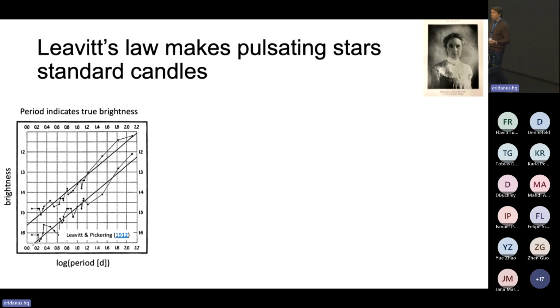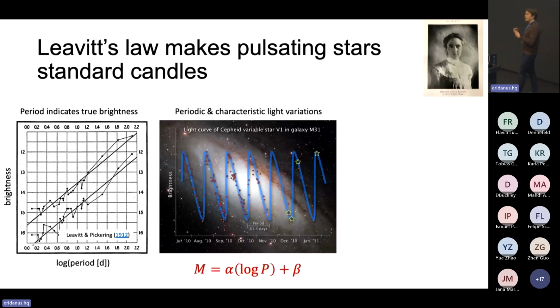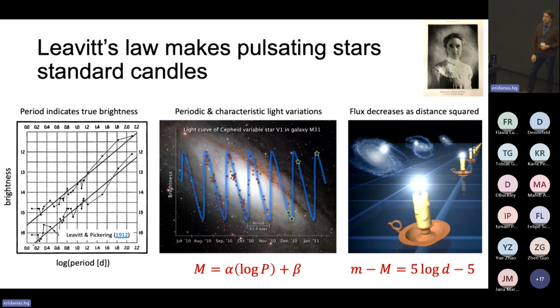And last but not least, of course, pulsating stars are standard candles, and this is what I'm really interested in, so please come talk to me if you're interested in that subject. Thanks to Henrietta Leavitt's work from about 120 years ago, we know that the brightness of these sources, here classical Cepheids, correlates very well with the log of the period. And because the variability is very straightforward to recognize in other galaxies, it allows you to understand the absolute magnitude of the source once you've calibrated these Leavitt laws. And because flux diminishes as distance squared, you can use them to measure luminosity distances.